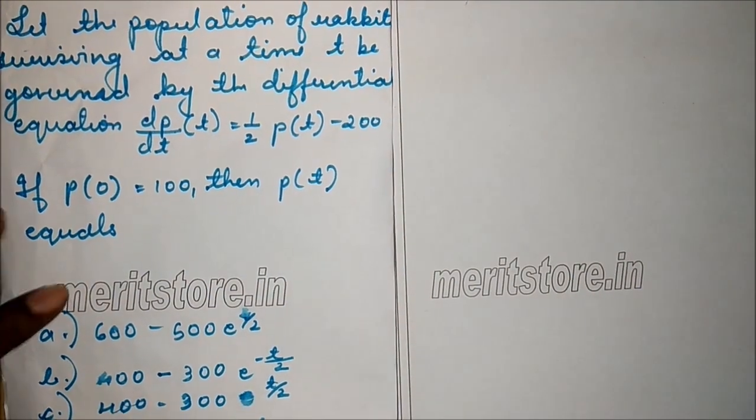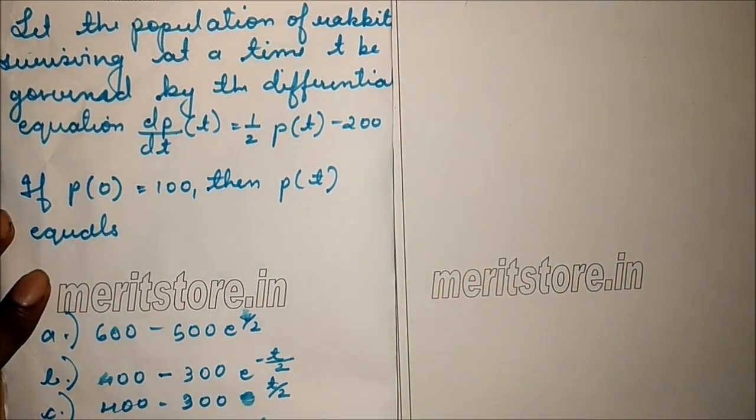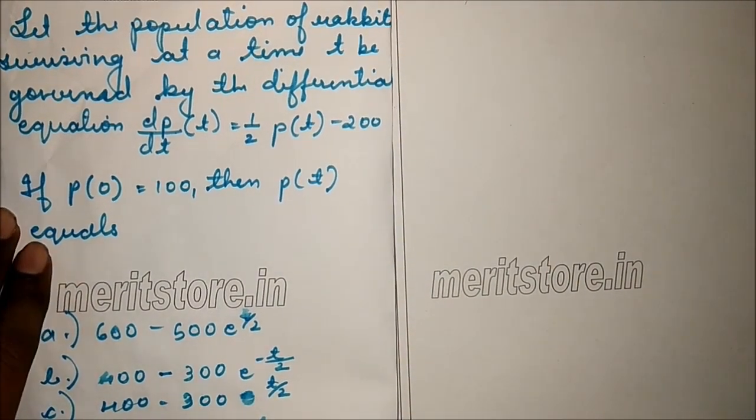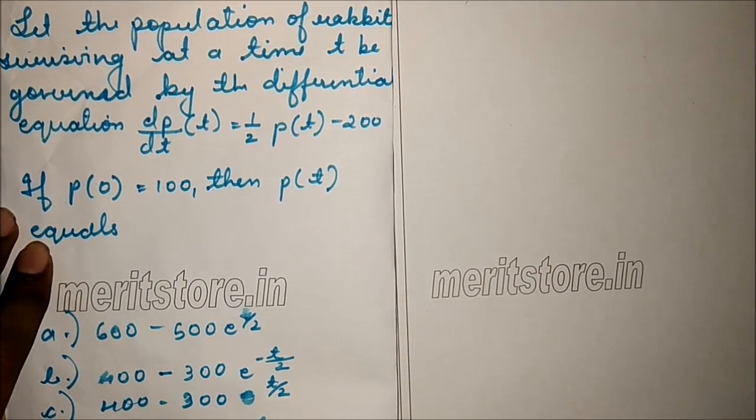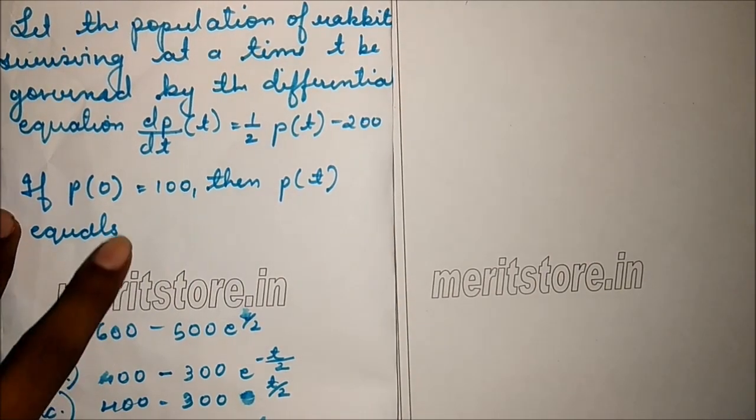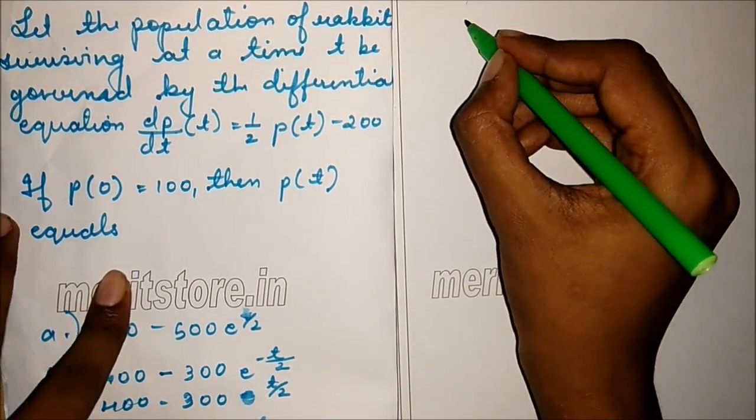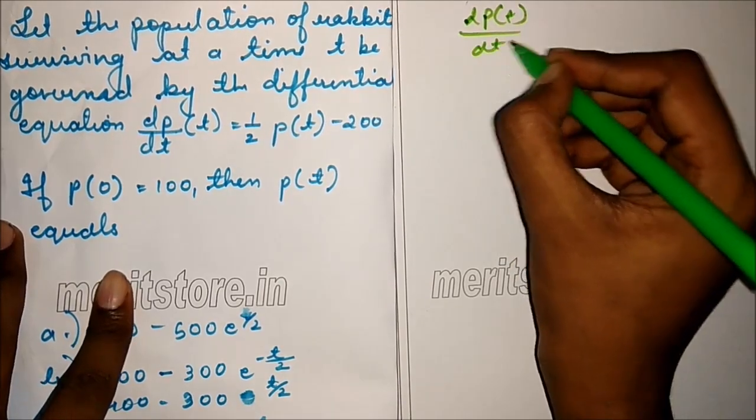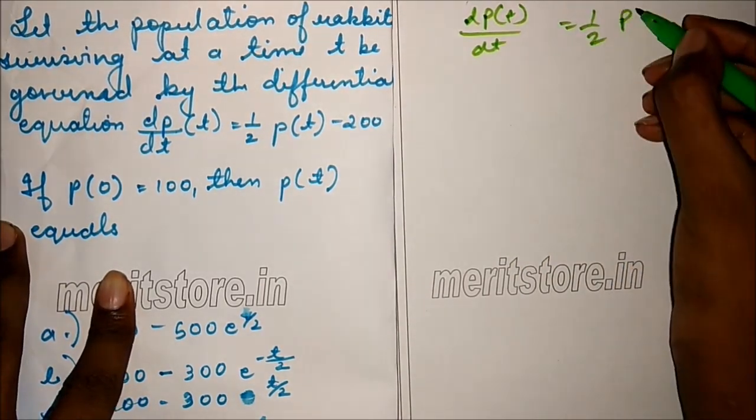Let the population of rabbits surviving at a time t be governed by the differential equation dp(t)/dt equals half of p(t) minus 200. If p(0) is 100, then p(t) is what? So the differential equation is given by dp(t)/dt is equal to half into p(t)